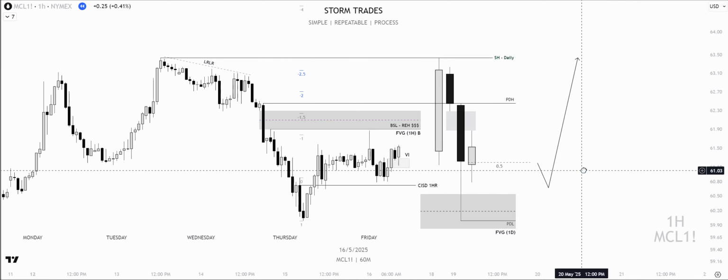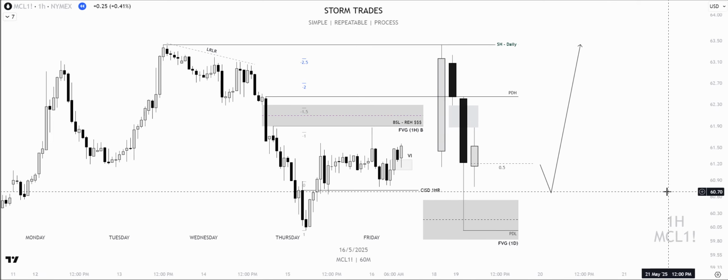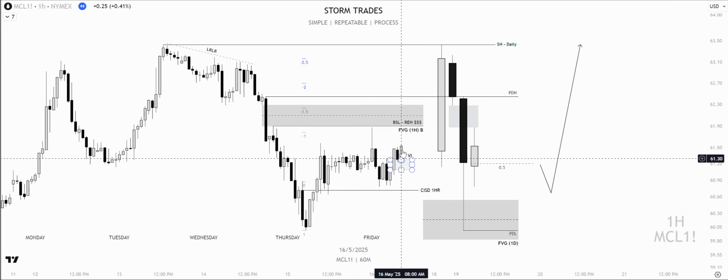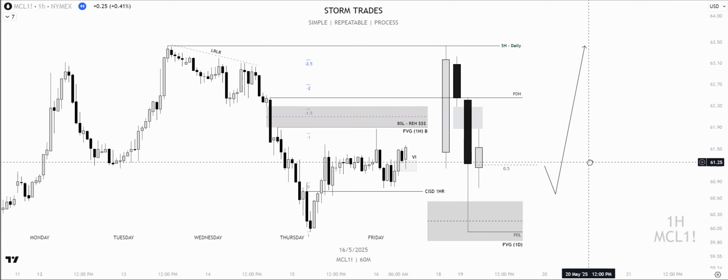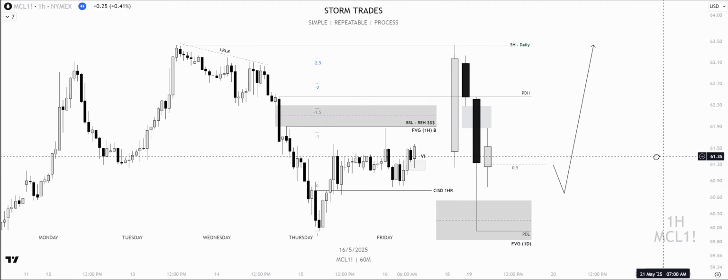And last but not least is where is price currently located? I don't take trades unless we've entered into some sort of an hourly POI. So an hourly POI for me would be any sort of imbalance. Well, we have a volume imbalance here that the 8 o'clock candle has come down and swept. So now I am locked and loaded, ready to go into my M5 time frame, and I will from there